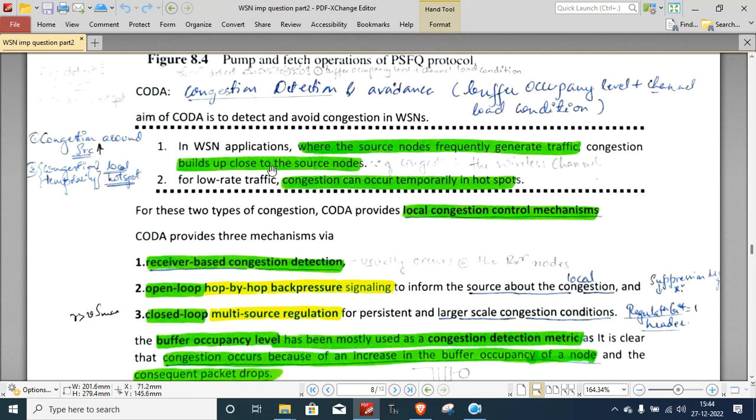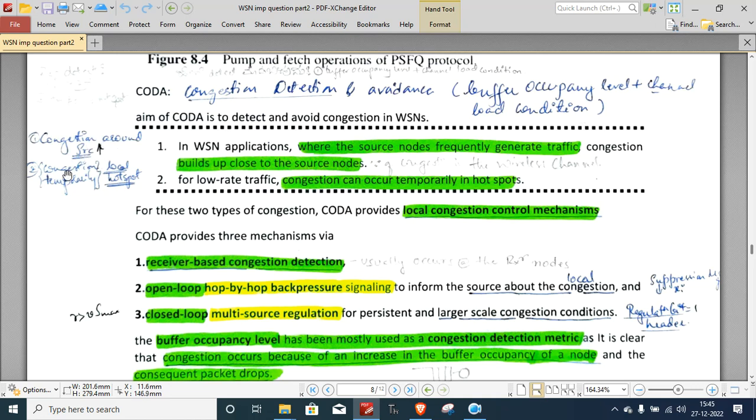In a wireless sensor network we can find congestion around the sources, because sources being the data generators create more and more data, but due to congestion it cannot transmit, so traffic builds up and congestion builds up around the source.